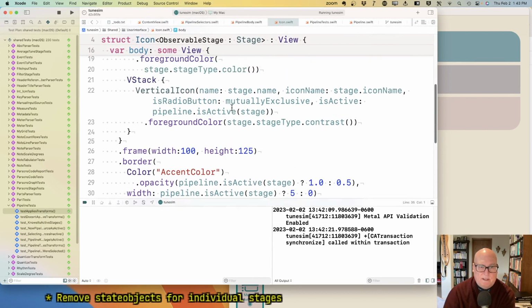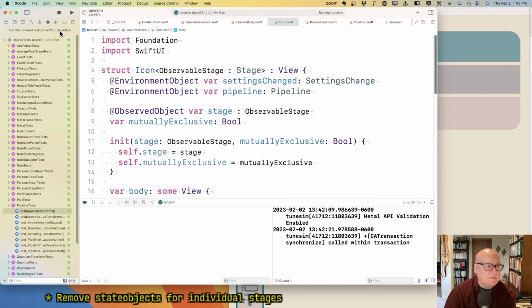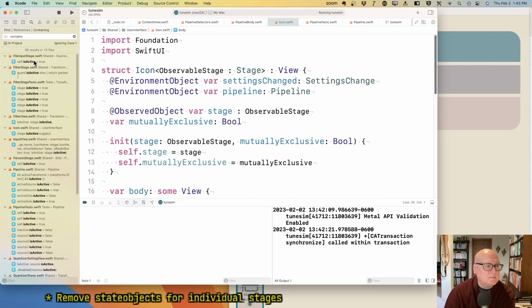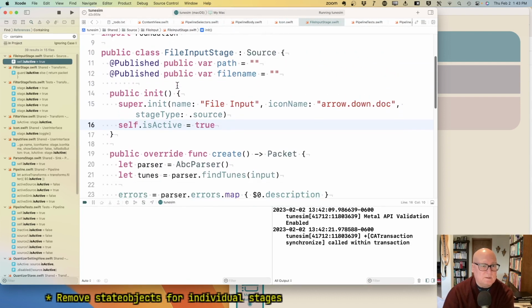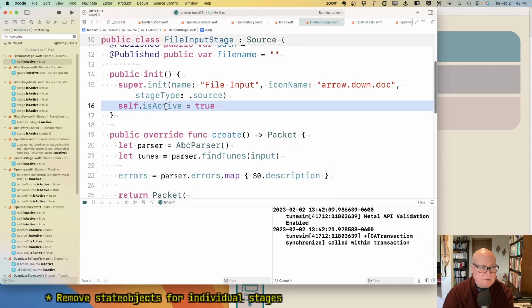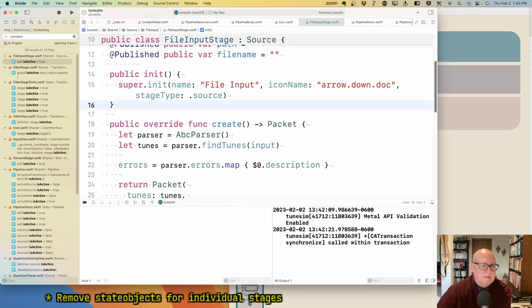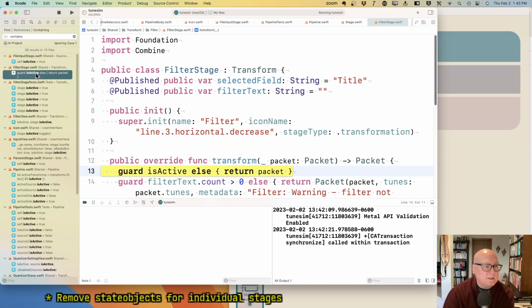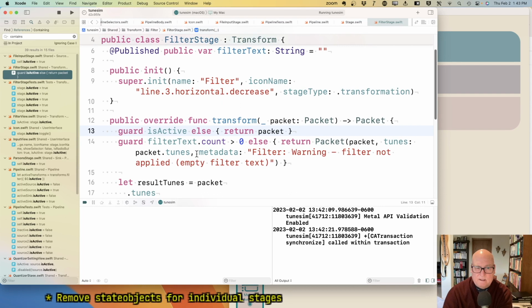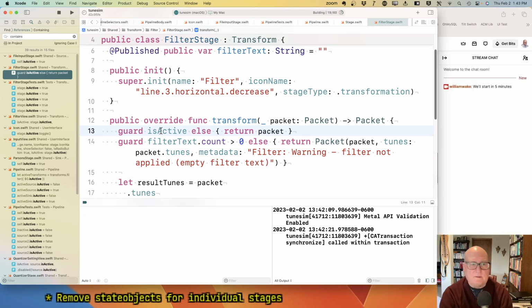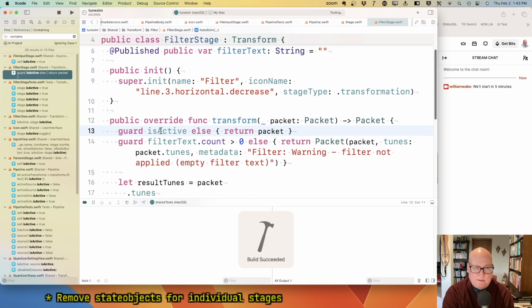All right. Now, is active. Let's go back to that search. Self.isActive equals true. I believe I can take this out. All right. And filter stage is active. Nope. That's different. I think I can take this out. Okay, so this is saying that let's make sure tests aren't complaining about the first one, but the filter one,